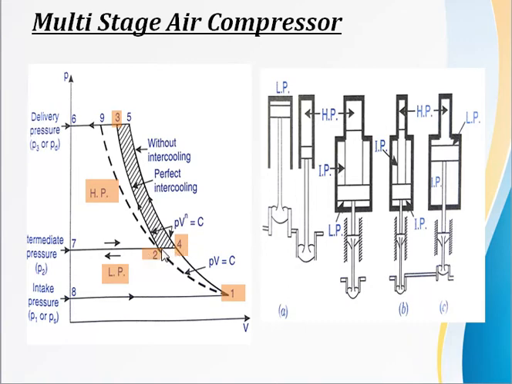1 to 4 compression, again 4 to 2 is the intermediate pressure, or this is called the constant pressure heat rejection. And again from 2 the air is given as an inlet from low pressure cylinder to the high pressure cylinder. Okay, and it is compressed from 2 to 3, and from 3 to 6 it is the delivery pressure. So we are achieving this in two stages. So what is the advantage? We are saving a considerable amount of work input. Otherwise we would have wasted that much amount of work. Very important point, students.